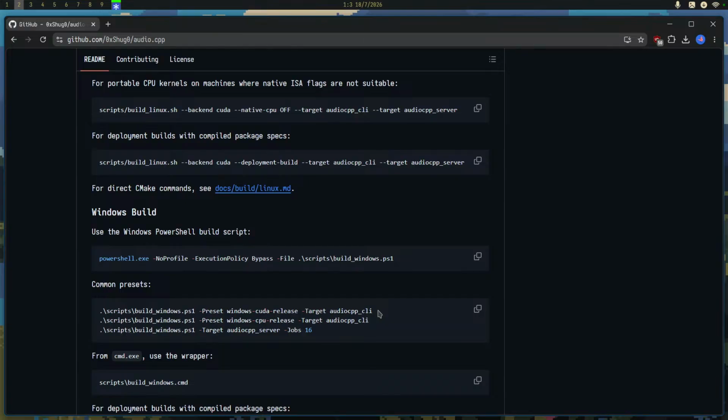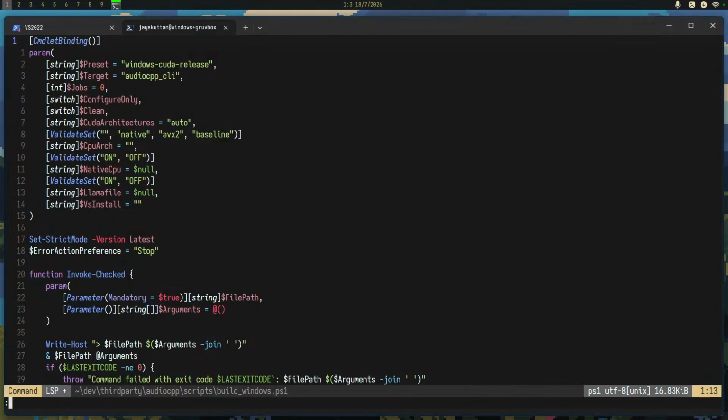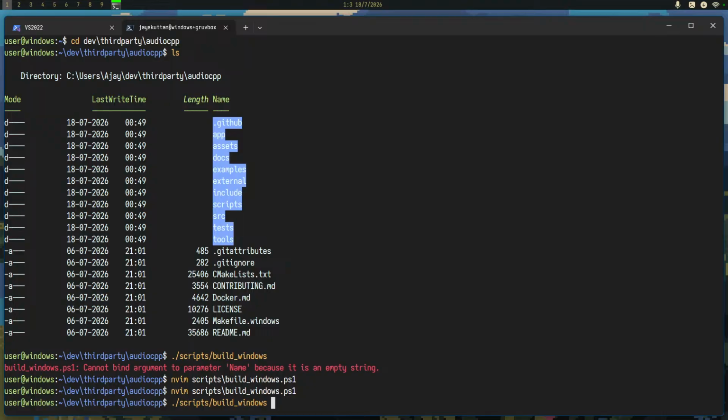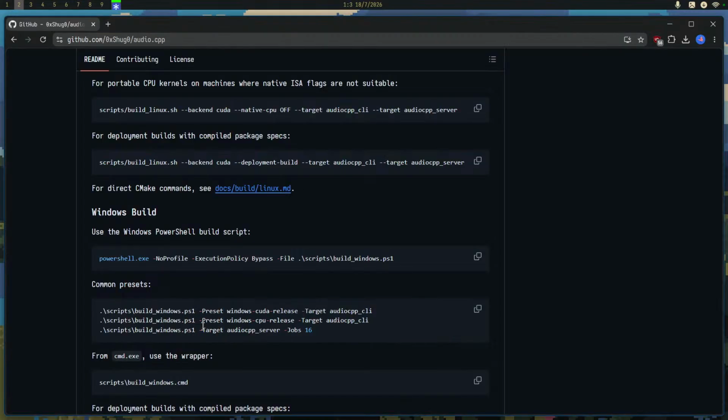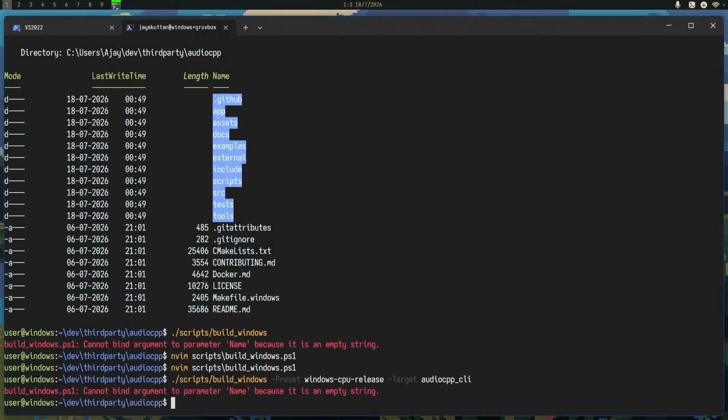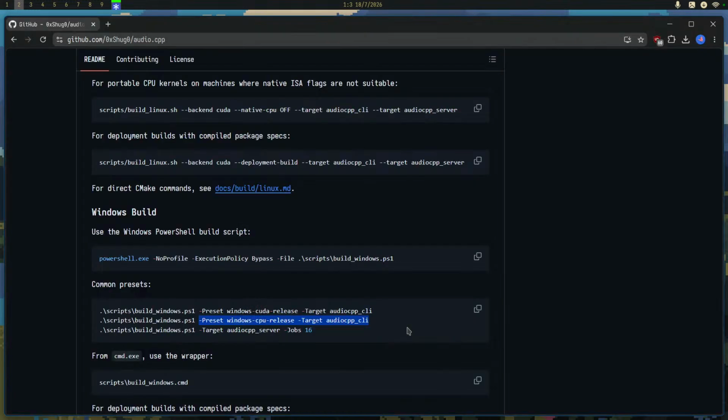Freaking hell, I just wasted 10 minutes simply because I could have just... yo, that has to be something else. Well, it's still throwing the error.